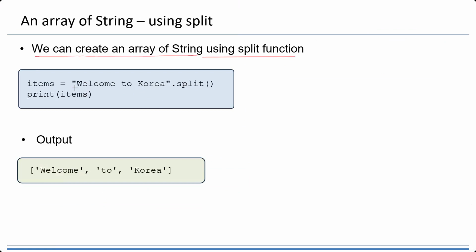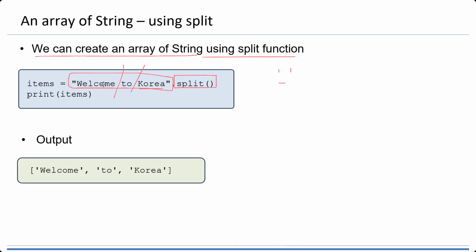For example, I have "welcome to Korea". It is a string, and I'm going to split the string. Split means I want to look for the space. If there is a space, like this one,